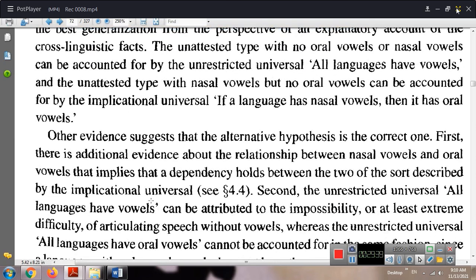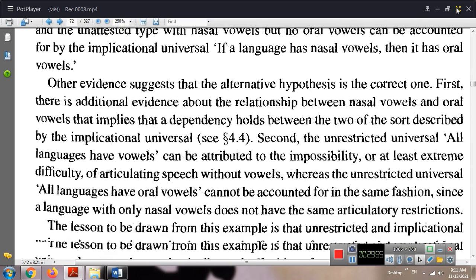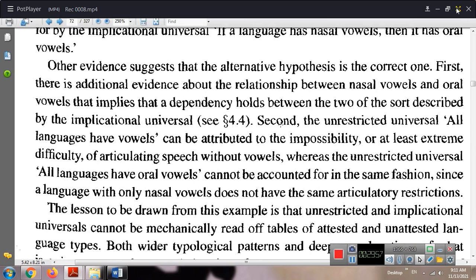Other evidence suggests that the alternative hypothesis is the correct one. First, there is additional evidence about the relationship between nasal vowels and oral vowels that implies that a dependency holds between the two, of the sort described by the implicational universal. Second,